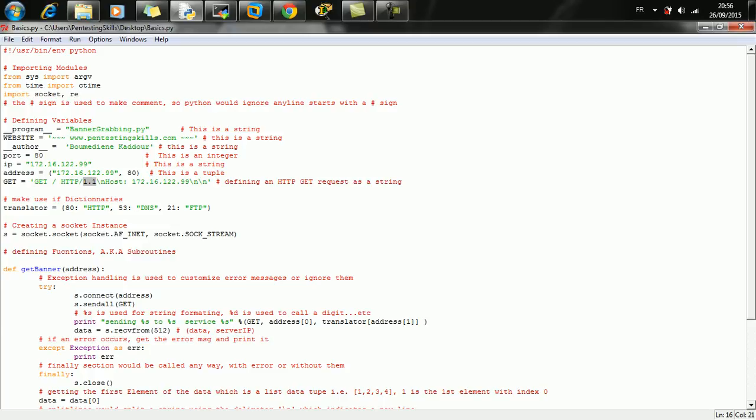You could use 1.0, and the differences between these are something. 1.0 is going to connect and close directly, but using 1.1 you will be able to send other commands until you close the socket. The second line contains the host we are going to connect to, and you can add other